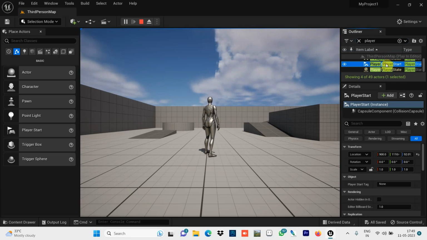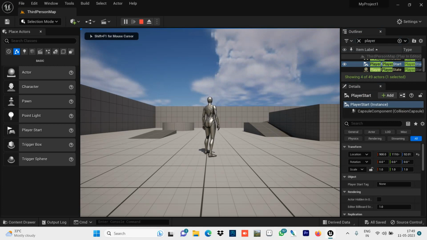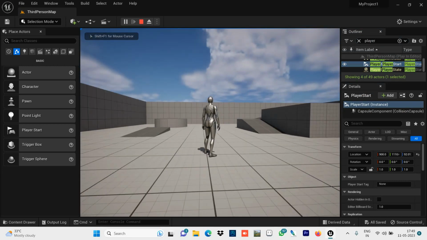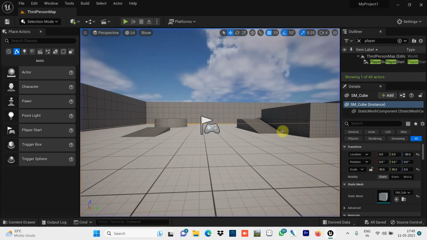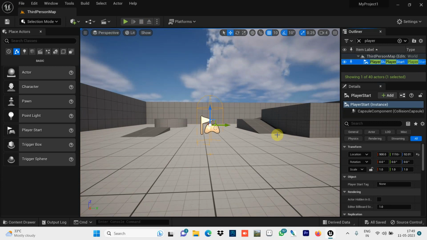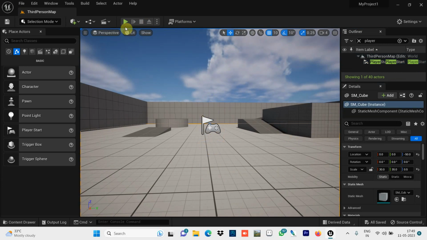Once you click this player start, you can see player start is coming here, right? Suppose my player should start from this point, where I am clicking, here it should start, right? I escape. Suppose in the player start, I put it here, my player should start here, then I run it here.